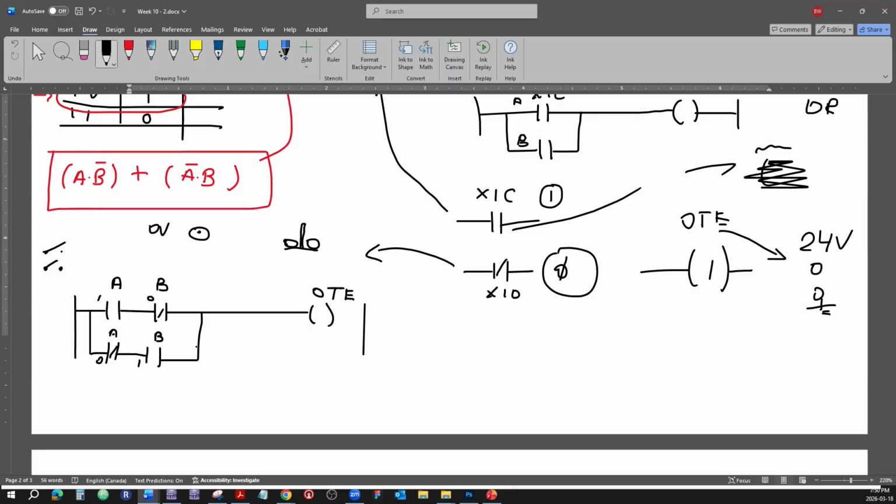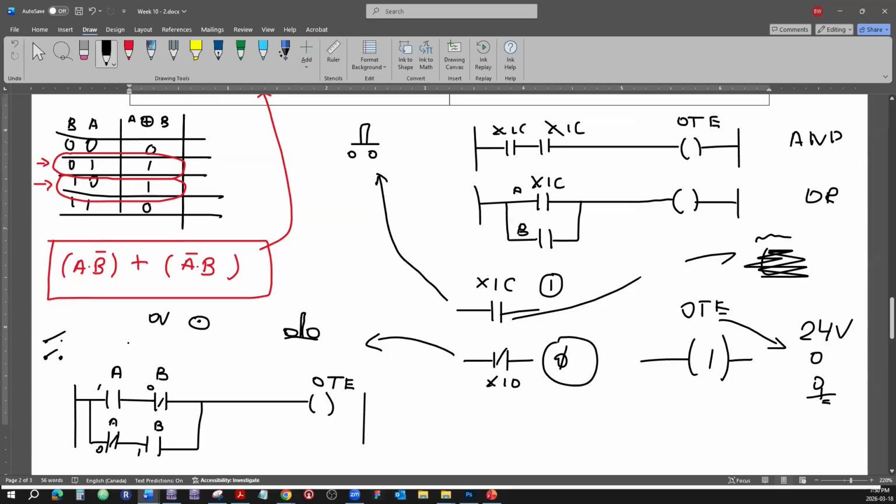We got the 0 and 0 condition, or the physical inputs associated with A and associated with B. These are the physical things that you plug things in. 24 volts is high, 0 volts is low. If you have both zeros,